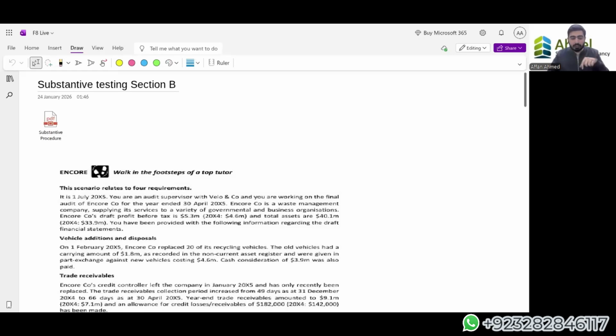So your idea should be, your practice should be, that when you're writing an answer, go for unique points. Go for points that are very effective, by which I mean they are strictly constrained to the scenario that is given. So the examiner sees that yes, you were prepared for the scenario, you knew what to do, and you were able to draft good pointers from this particular area. So for substantive testing,